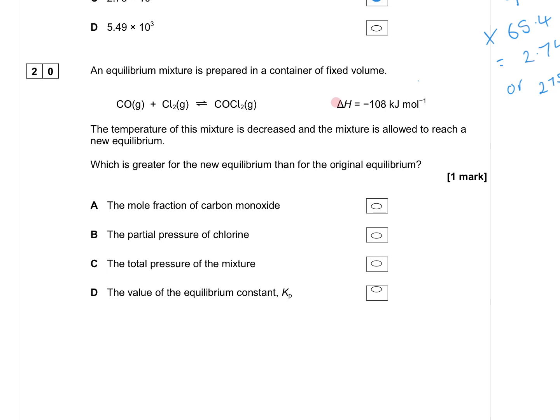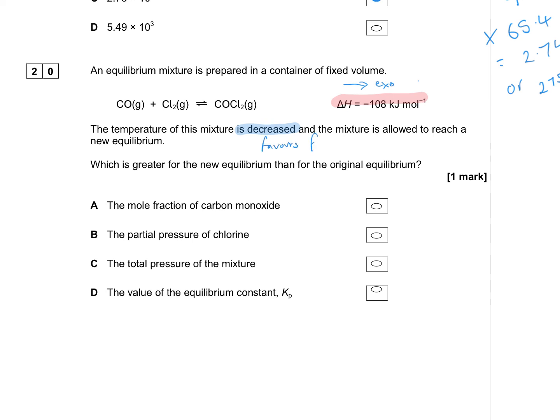So 20 is about equilibrium. The forwards reaction is exothermic, and we're told that the temperature of the mixture is decreased, and then the mixture is allowed to reach a new equilibrium. And then it says which one of these options would be greater for the new equilibrium than for the original equilibrium. So if we go through the different options,